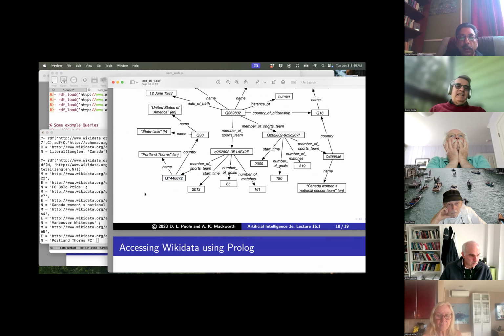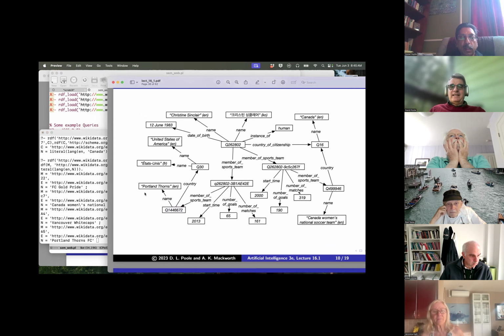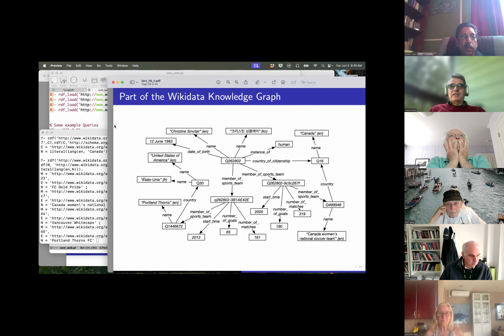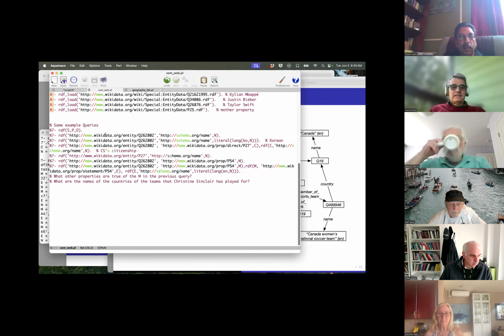You can find out every song that Taylor Swift has recorded. There's just so much in Wikidata. It's quite an amazing resource. It's also interesting because these knowledge graphs are big in machine learning too. A lot of machine learning that's trendy now is on knowledge graphs. So the students like doing this. All right.